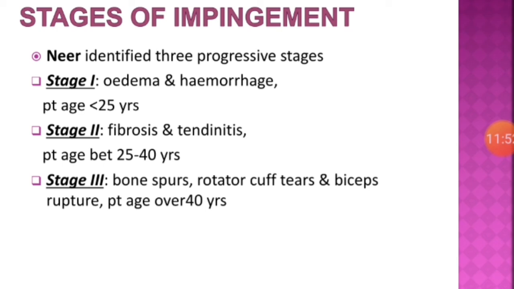Stage 2. It is the stage of fibrosis and tendinitis. The patients are usually aged between 25 to 40 years. This is not reversible by just activity modification. There is a greater degree of soft tissue crepitus which can be felt because of scarring in the subacromial space. The patient complains of a catching sensation while lowering the arm at approximately 100 degrees, and there is limitation of active as well as passive range of motion in this stage.